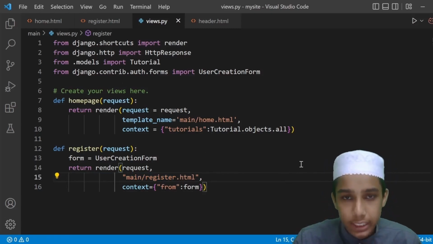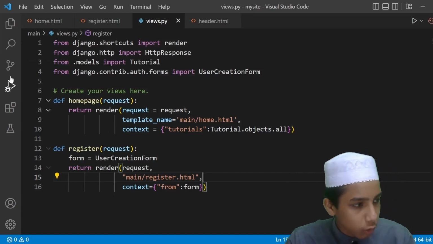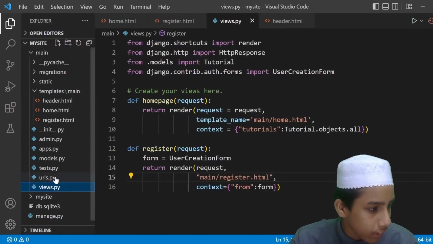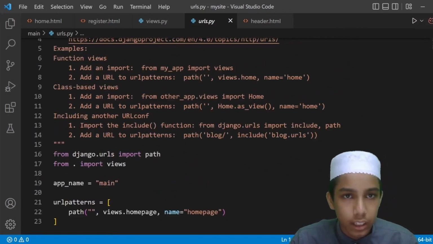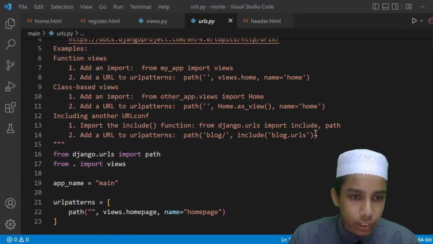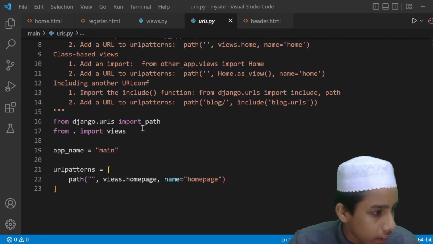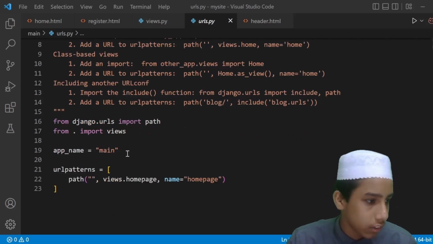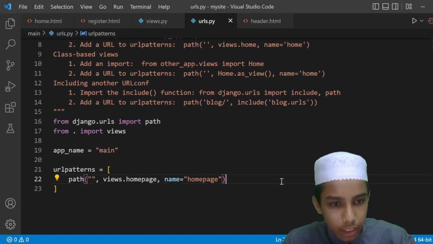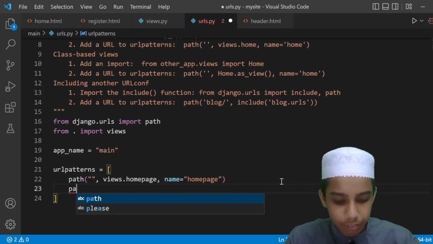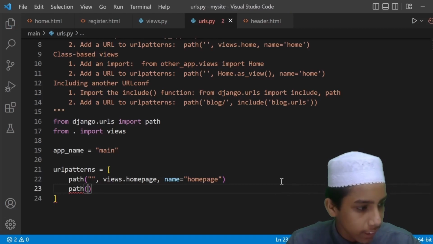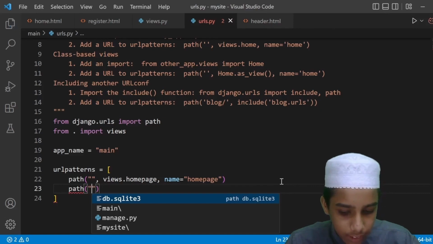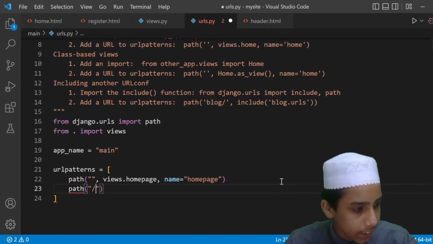add the paths in the URLs file. So I'm going to open the URLs, which is here. Let's wait a second. Okay, I think we don't have all of this import. Okay, so we have this one. Now let's add that path here itself. Okay, and then I'm going to give this one in the path. Here I'm going to create this one, and let's give here slash register